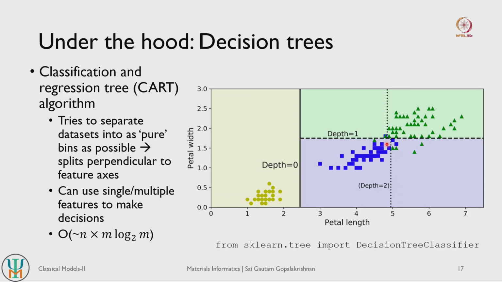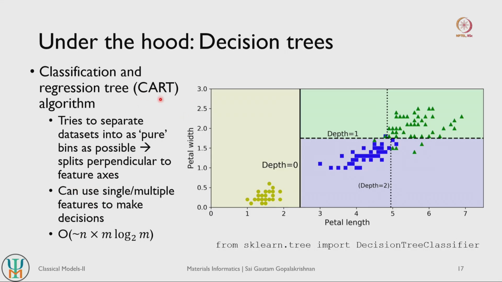If you were to create more splits, right, so after this petal width split, if you want to create decision trees of more depth, then the next split that it will try to create will be once again along petal length, or in a higher dimensional space. So let us say you introduce newer features, it will try to create splits that are perpendicular to those features, right, or for a given value of those features. So this is how the CART algorithm works. Every time you feed it a set of features, it tries to identify a threshold value for a given feature, or create splits in the data set that are perpendicular to that feature axis, right.